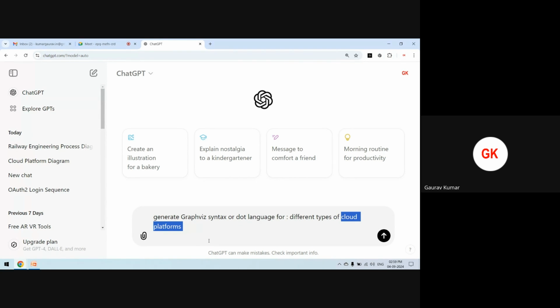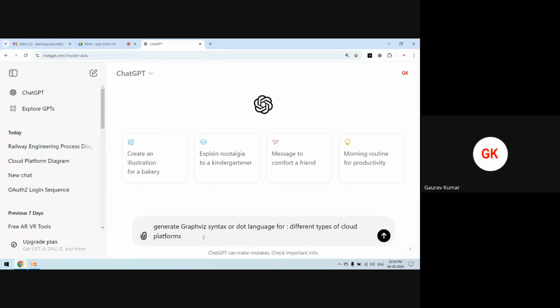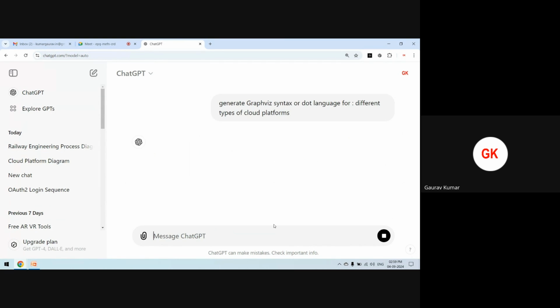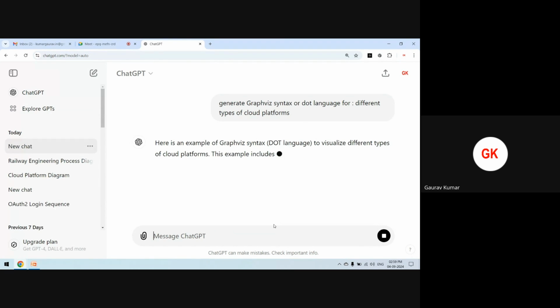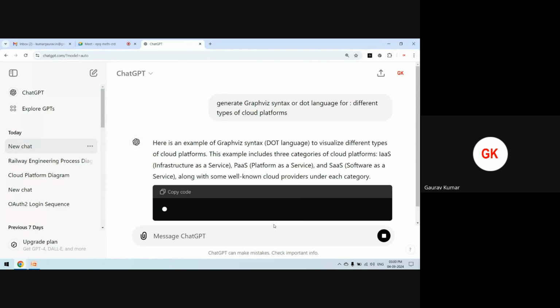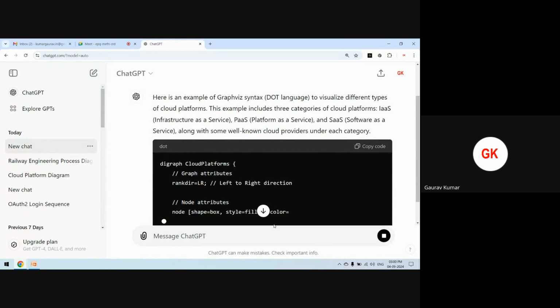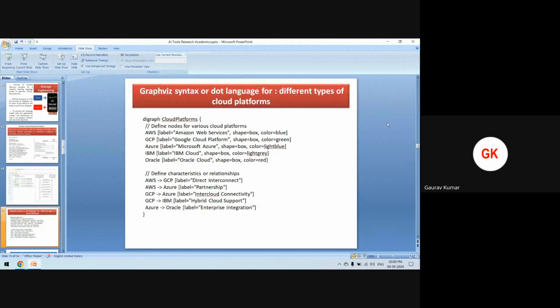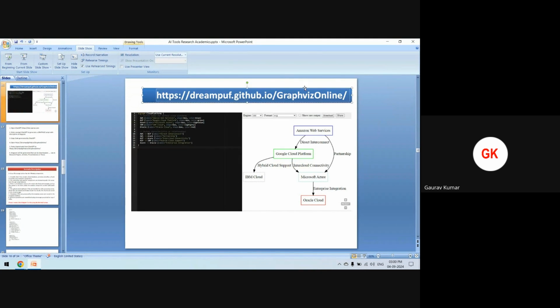If I want to create a diagram for my presentation in the form of arrows, a flow chart, or an entity relationship diagram, we will use this dot language code. Enter, it will generate GraphViz code, and I will paste this code in another website. Which website? GraphViz Online,